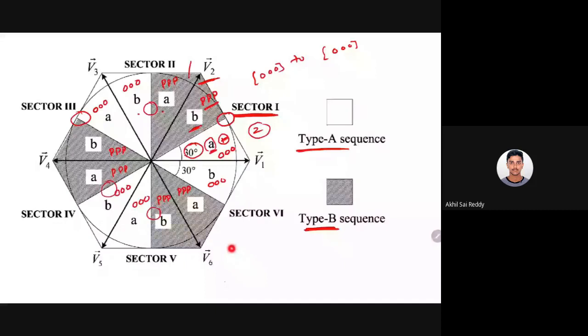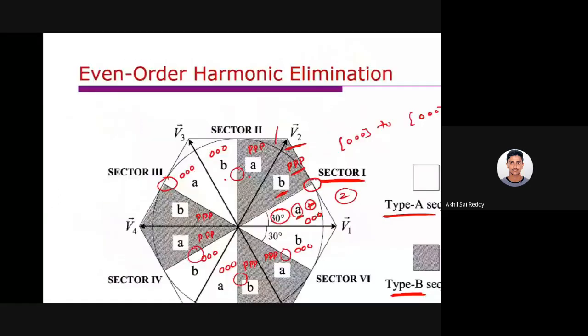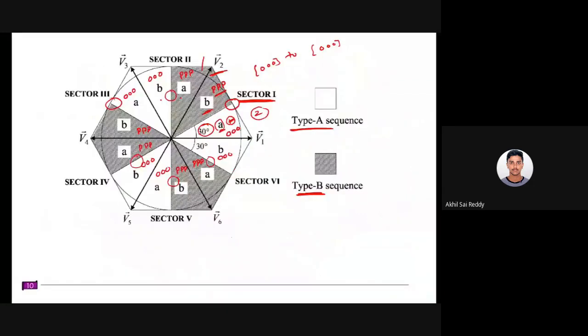Okay. So when it is changing from one type A sequence to type B sequence, only one phase gets affected. It means all the three phases get affected. So that means it will increase the switching frequency slightly, right? So it will increase the switching frequency. So how much increase? That is happening 3 times, right? So you have 3 switchings, right? So that is happening for every fundamental frequency.